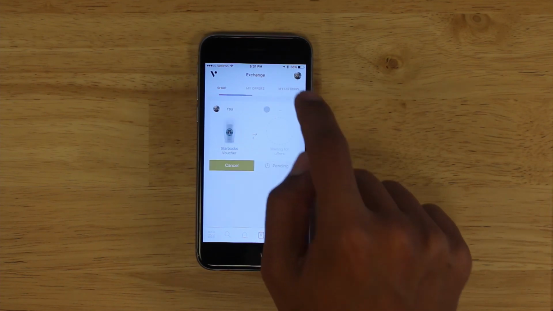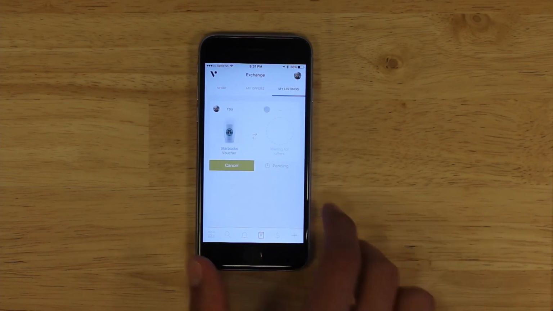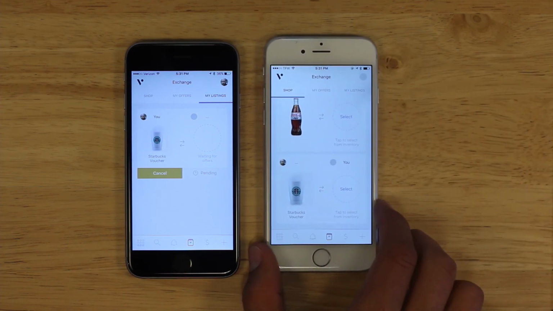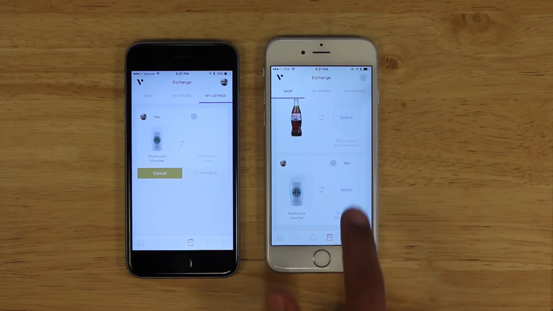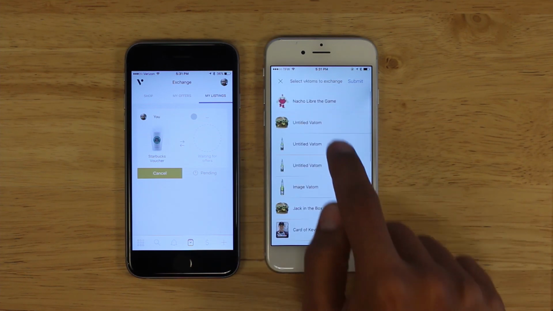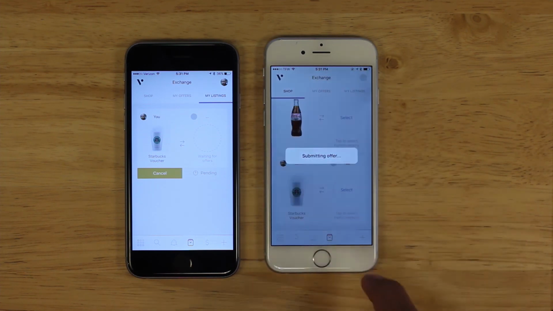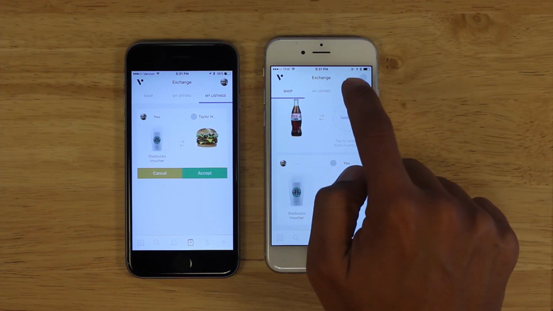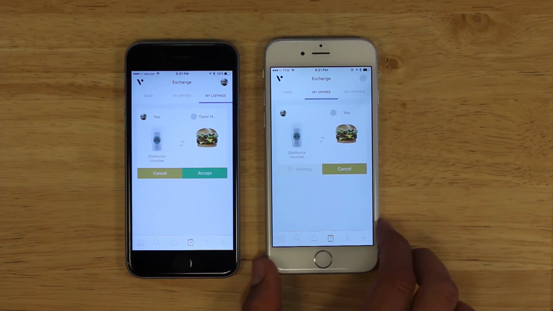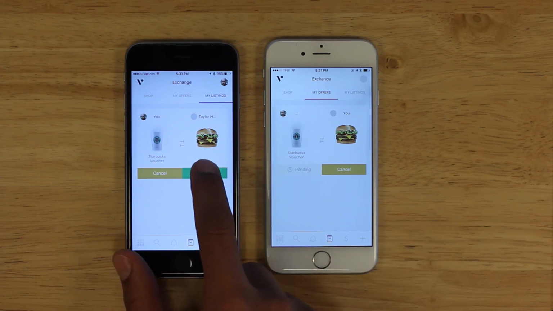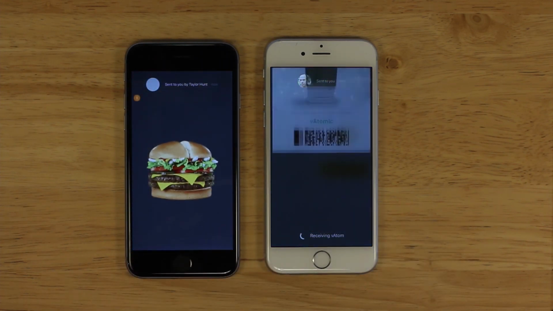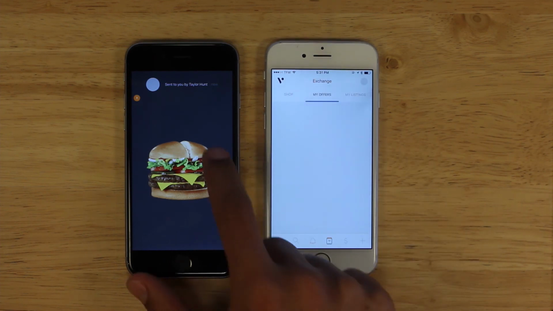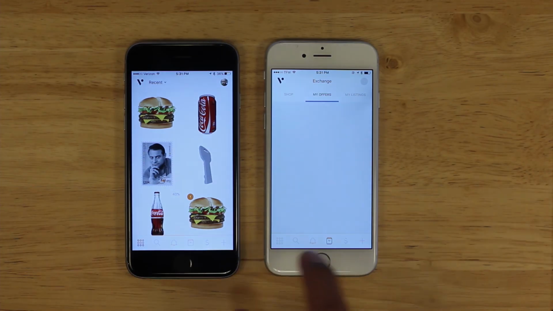Here's an example of a number of different types of atoms that if you don't want them or if you want to trade them for something better, you throw it on the exchange. Here's a coffee I put on the exchange. Here's another user who sees that I'm going to offer them a hamburger for that. And you see that the exchange then can set up various types of barter transactions. The hamburgers come in, I could reject it, I could have 10 offers for my coffee and choose the right one. In this case, I accepted it and the exchange occurs. The coffee went where it needs to and I got the burger, which now enters my inventory on the top.